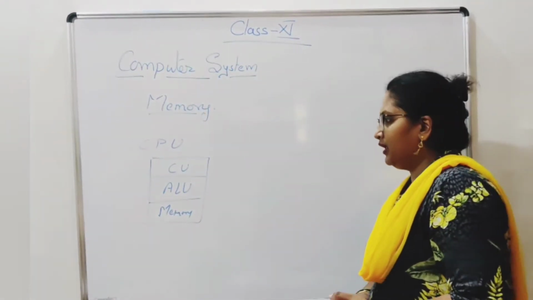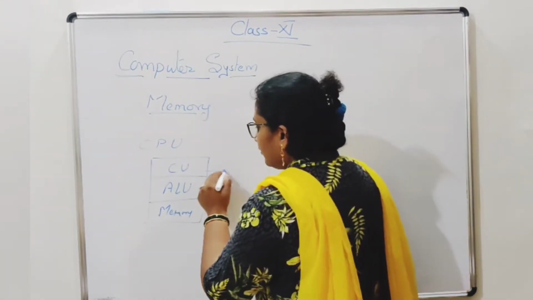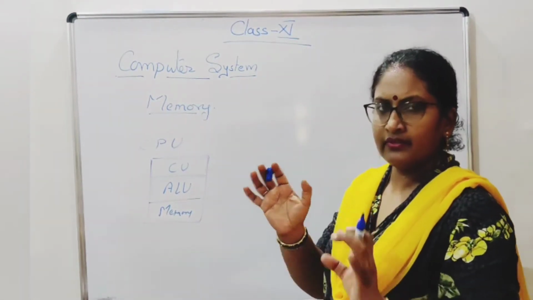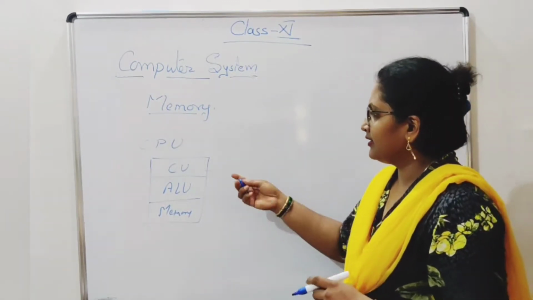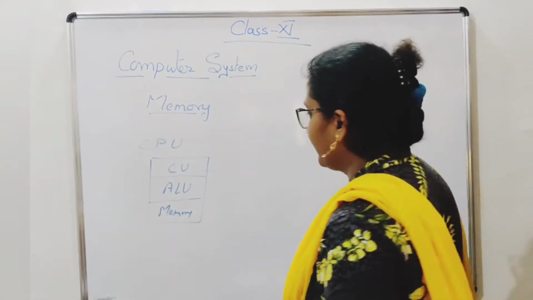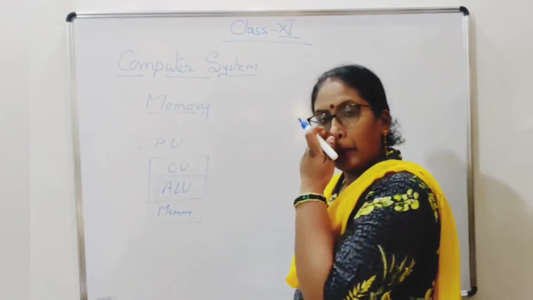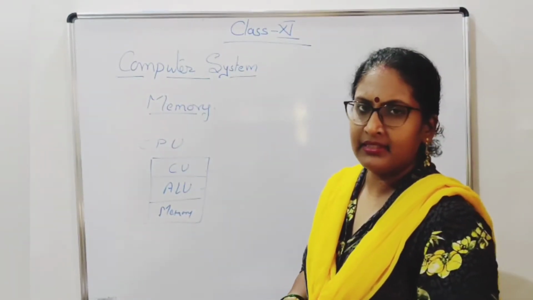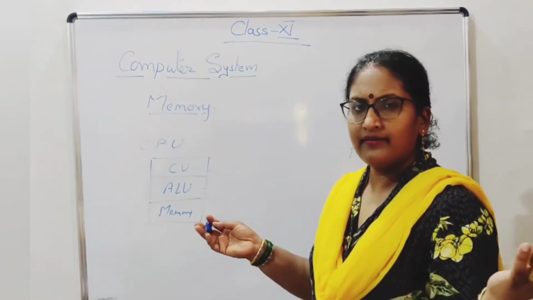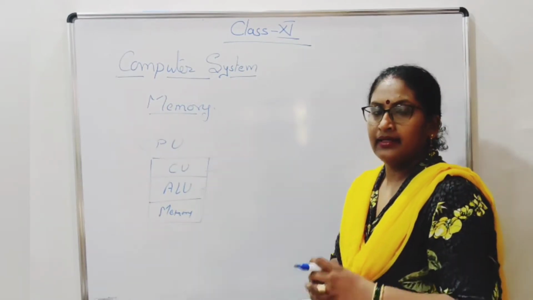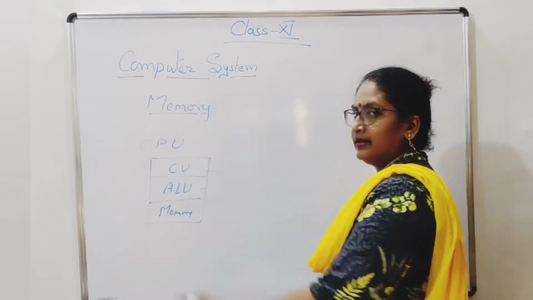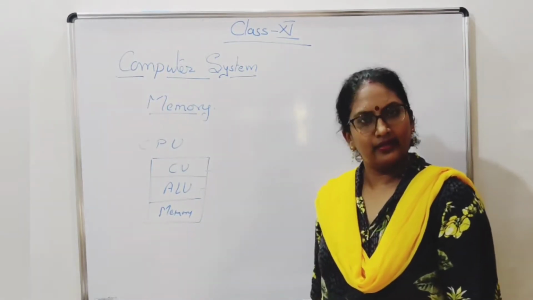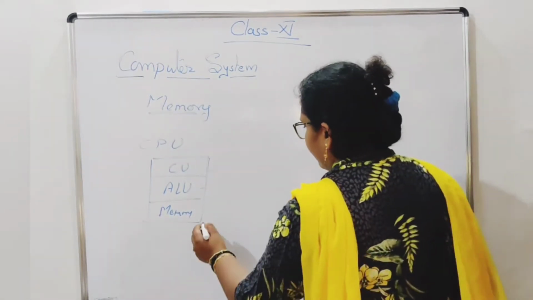Okay, now this control unit will control all the transactions between the input output from the memory to access the data. Everything is being controlled by the control unit. ALU, arithmetic logic unit. Arithmetic means plus, minus, into, divide, whatever be the calculations being done in our program, that is being done by the arithmetic logic unit. And next one is the memory.